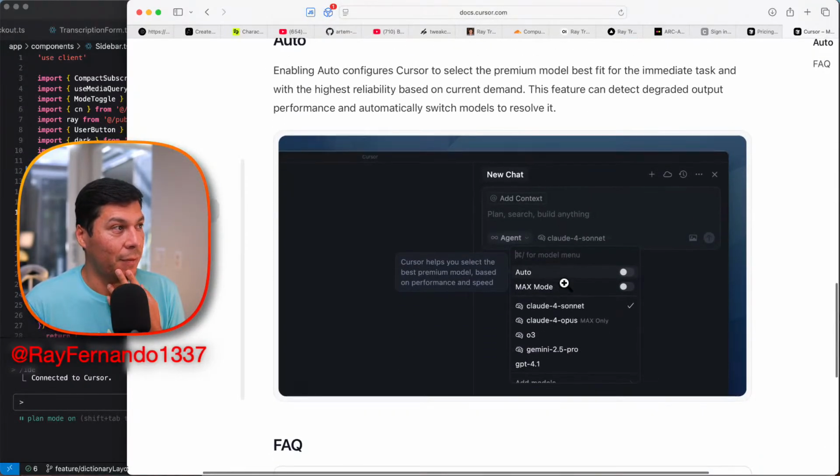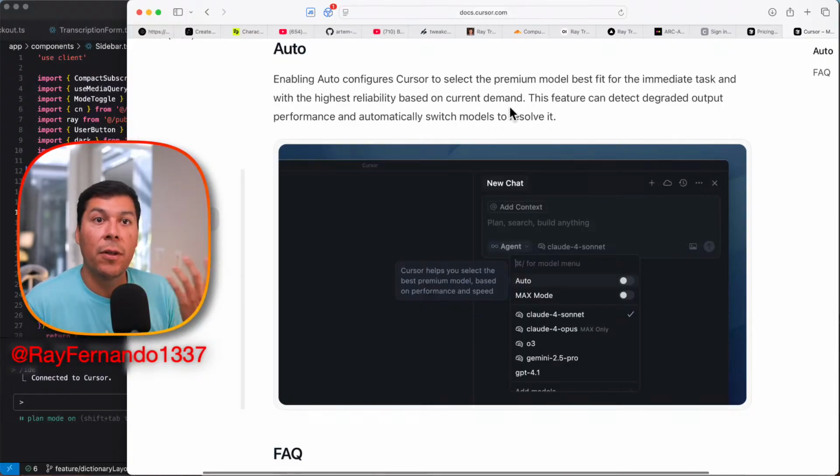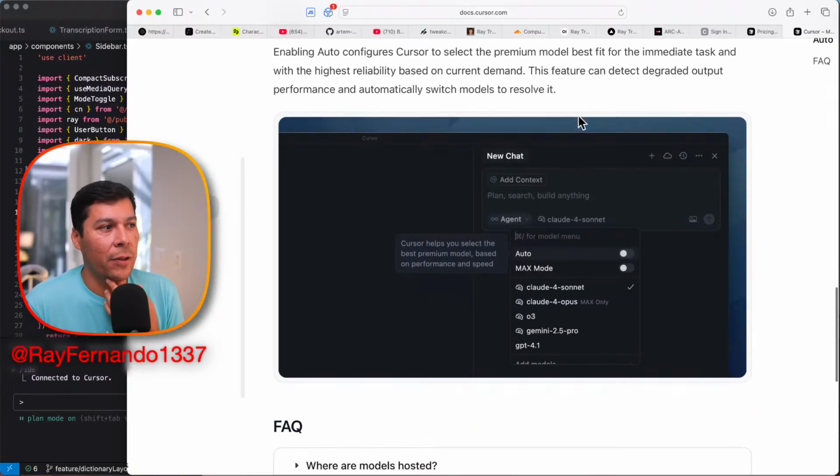Damn. So Auto configures to select the premium model best fit for the immediate task and the highest reliability based on the current demand. Okay, so whatever model you may get, you don't know, right? It's just kind of YOLO. This feature can detect degraded output performance and automatically switch to resolve it.